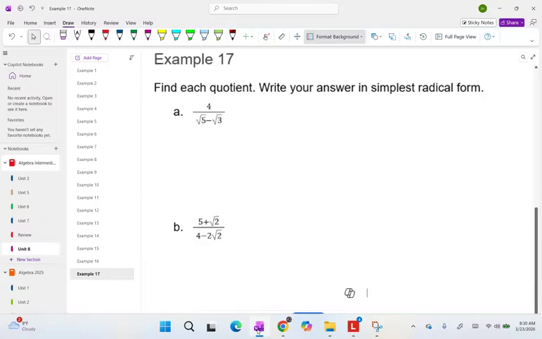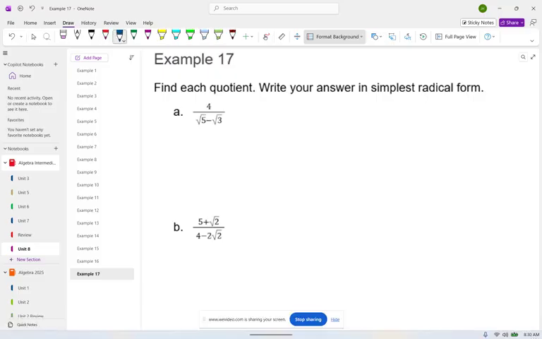Okay, guys, in this video, we're going to look at example 17. We are finding quotients, but now we have binomials in the denominator. That just means two terms. We're going to have to multiply by the conjugate. So remember, the conjugate is the same two terms with an opposite sign in the middle. So we have square root of 5 minus square root of 3. So we're going to change that to square root of 5 plus the square root of 3. We're going to do that on the bottom